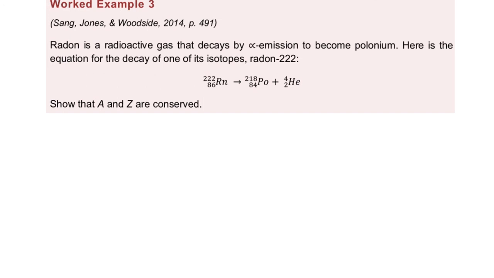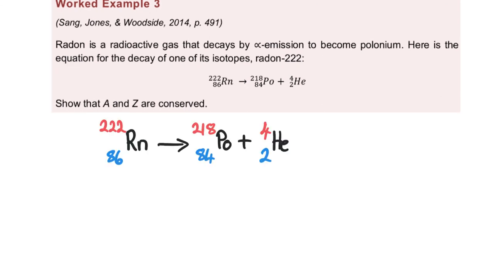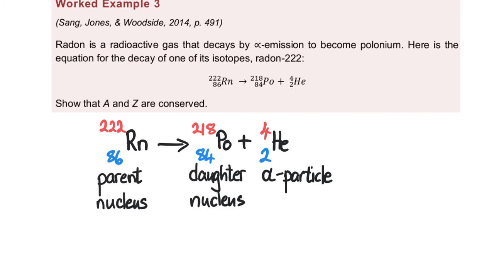So we have radon, which is a radioactive gas that decays by alpha emission to become polonium. The equation is that. Show that A, the mass number, and Z, the atomic number, are conserved. So I've rewritten the equation by using a color code. I've used red for the mass numbers, or the nucleon numbers, and I've used blue for the atomic numbers. The radon is the parent nucleus, the polonium is the daughter nucleus, and we know that the alpha particle is the